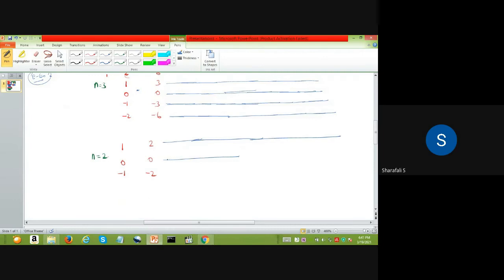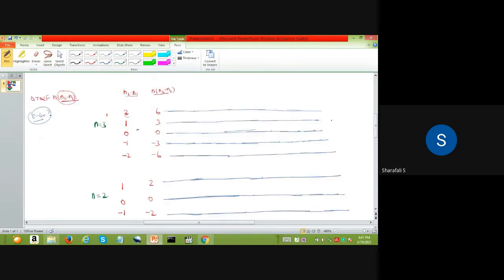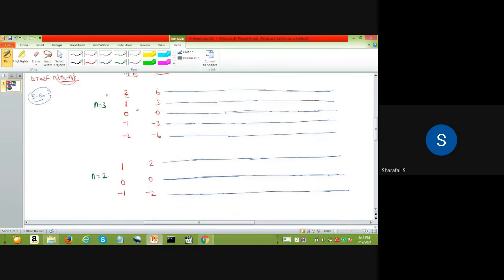I'm just drawing these 3 energy levels. So the separation of those energy levels I'm not considering here. I'm just drawing it roughly, just showing the transitions. So these are the energy levels. Now, if you want to get these transitions,